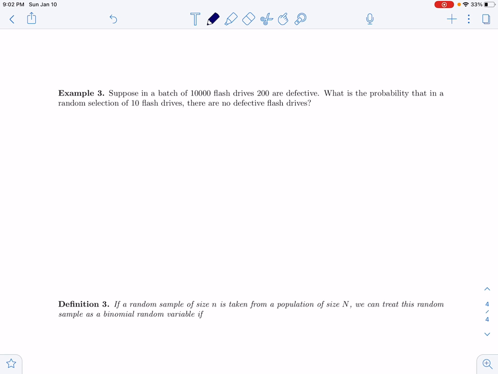We have another example here. Suppose a batch of 10,000 flash drives has 200 defective. What is the probability that in a random selection of 10 flash drives, there are no defective flash drives? Well, we can calculate this two different ways: there's one correct answer and one approximately correct answer. The one correct answer is